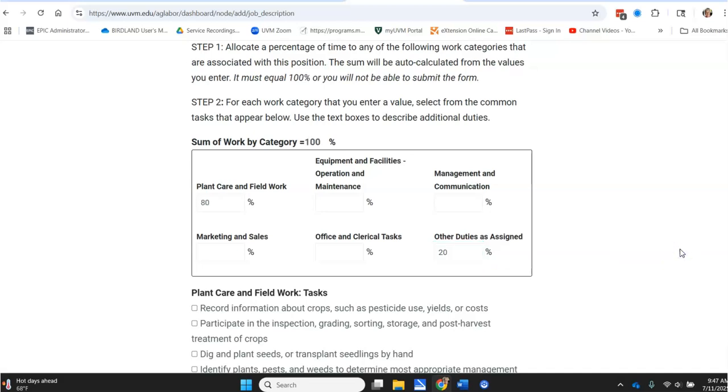Again, the only tricky part is that the whole thing has to add up to 100%. Otherwise, the system is not going to let you print out your work and save it. Once you get that done,